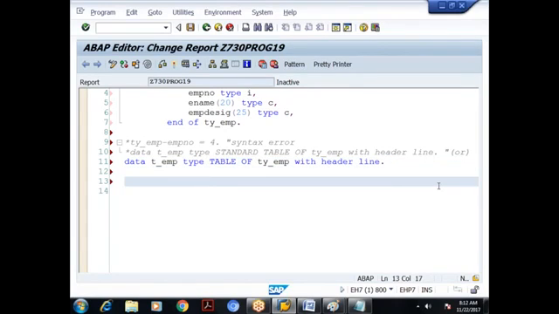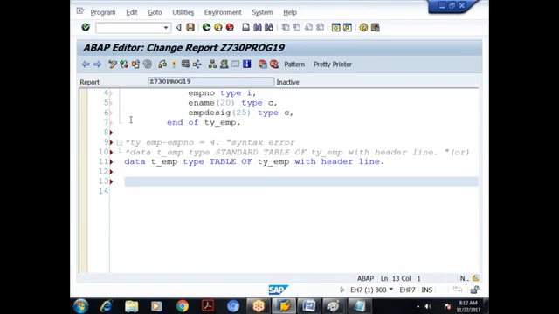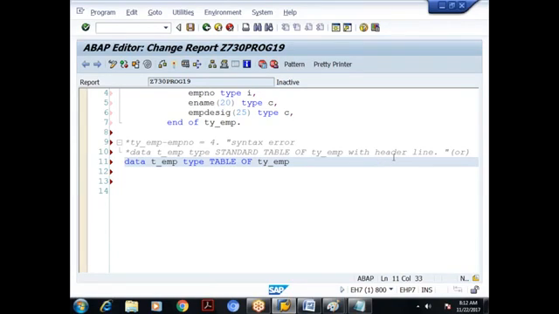So I am declaring an internal table, right? Before I continue, any question so far, please ask me. First, let me take classroom. Classroom, any questions? Yeah, header line is nothing but a work area, a structure, row type, or we call it line type. Later on, we'll not give this. If I don't give this, what happens? Only the body will be available, no header line. So how to work with those things? Again, that will come going forward. Online, any questions?